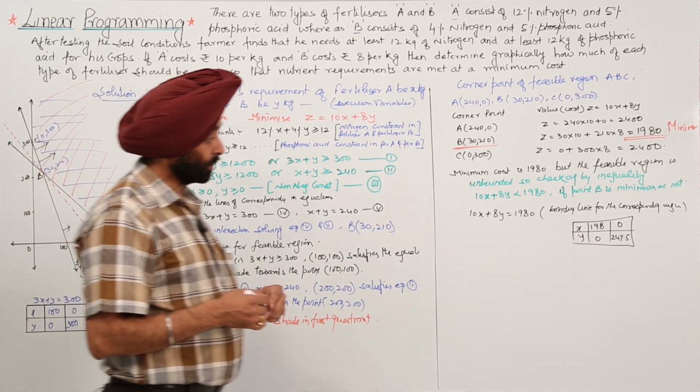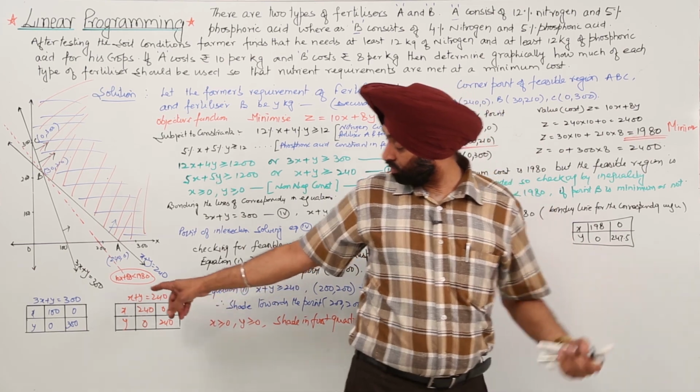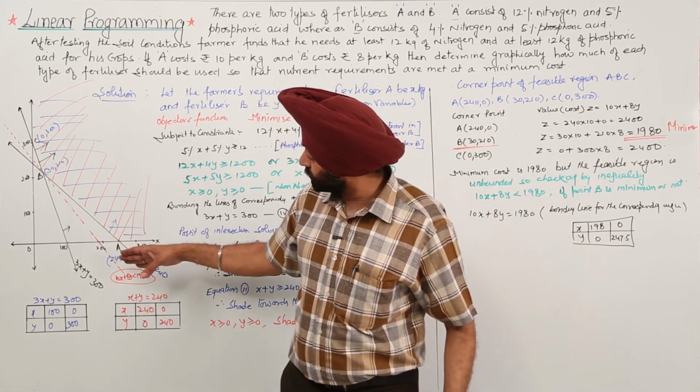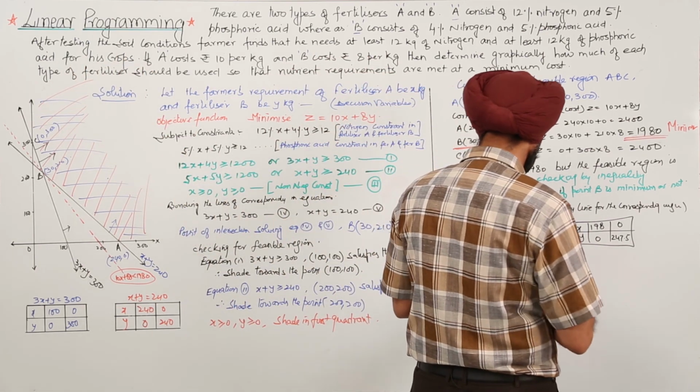This is the inequation for the 10x plus 8y is less than 1980, and it is a dotted line with no common point. Okay, so we are having now